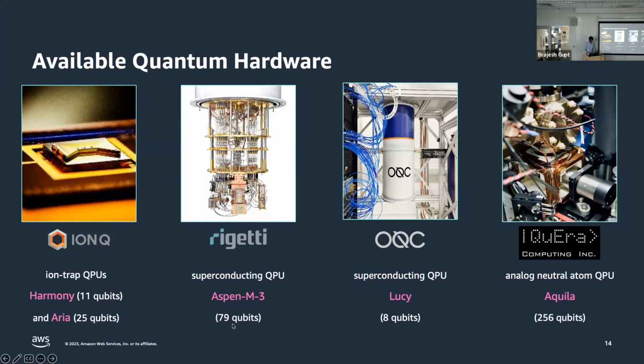Rigetti device is a 79 qubit device. It's a superconducting QPU. And the device from Oxford Quantum Circuit is again a superconducting qubit device, and it's 8 qubit. So the first 3 devices here, IonQ, Rigetti, and Oxford Quantum Circuit, are based on what is called a gate-based